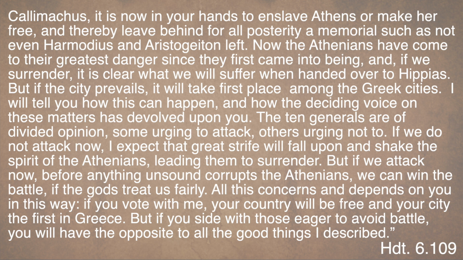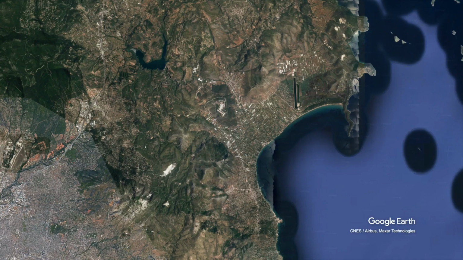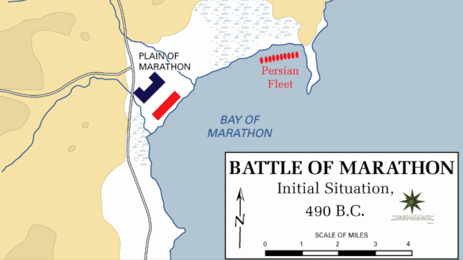But if we attack now, before anything unsound corrupts the Athenians, we can win the battle. That is, if the gods treat us fairly. All this concerns and depends on you in this way. If you vote with me, your country will be free and your city the first in Greece. But if you side with those eager to avoid battle, you will have the opposite to all the good things I described." At the Battle of Marathon, the Athenian flanks were deep, tightly packed, while the center was left thinner